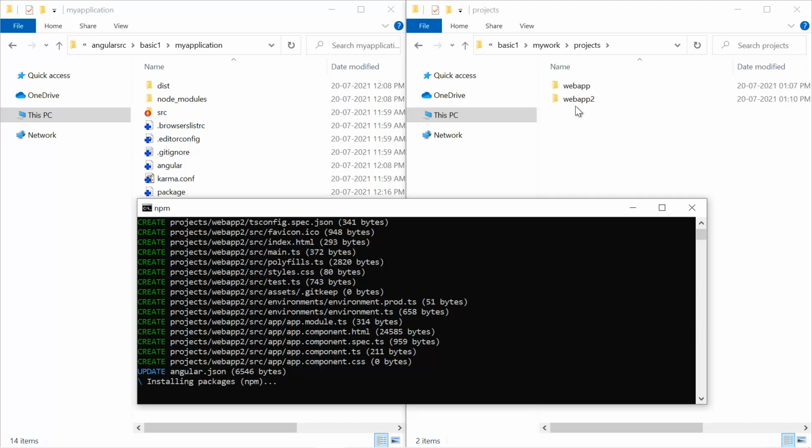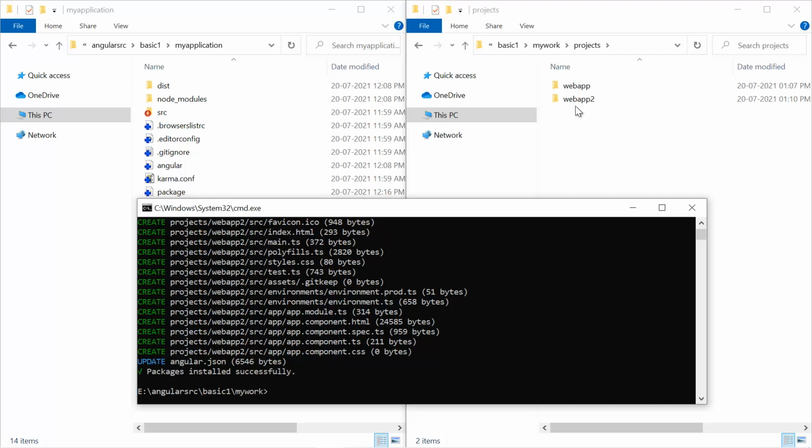Fantastic. Now we have to add some library applications inside this workspace. Let's understand how it will work. So basically we have to generate something new in the Angular, and to generate something new we have to use ng generate, and instead of writing the entire word generate you can simply type only g. G means generate. The Angular CLI is very intelligent. If you will type only the g, it will understand that you want to generate something.